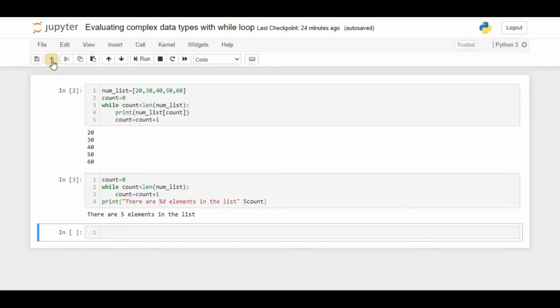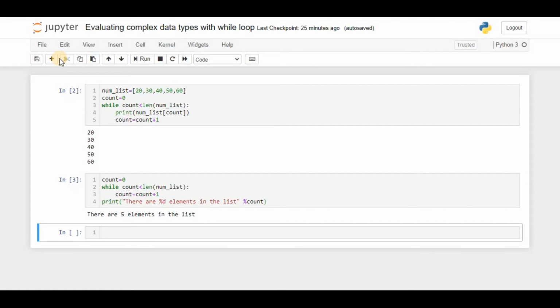This is important when we are using while loops. When iterating over any list or Python sequence, it is up to us to ensure that we don't exceed the bound of the sequence, which is why we manually ensure the count variable does not exceed the length of the sequence. Important. We will continue using num_list in the while loop, but now we will perform another operation, and our goal is to sum up all the elements of my num_list. To do this, we need to maintain two variables, that is total and element.